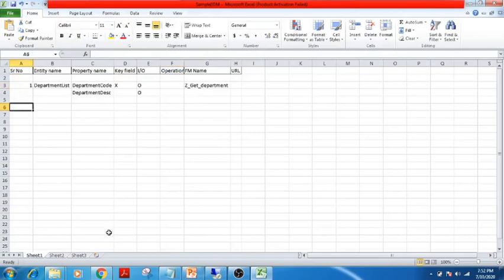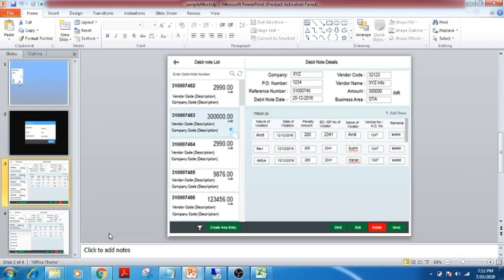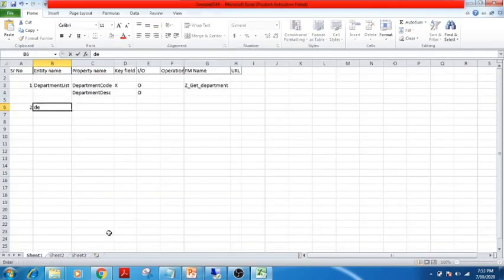In the other entity, you have to give any meaningful name that comes to your mind. So say for example, debit entry item list. So here you can give the amount, then currency and everything.